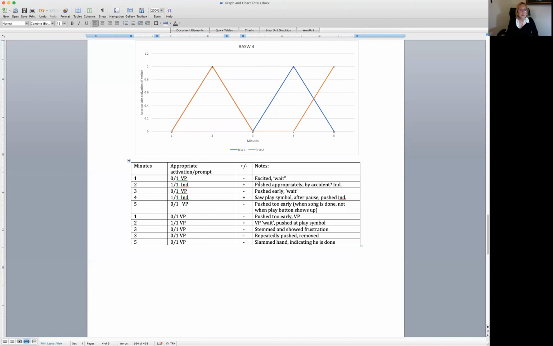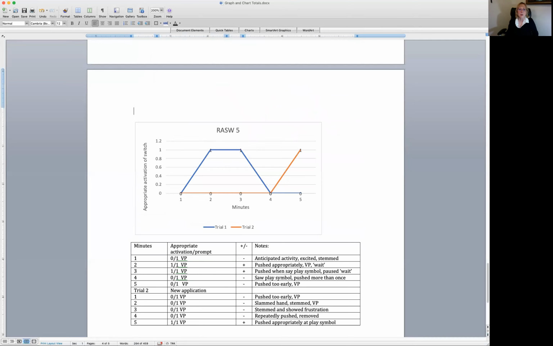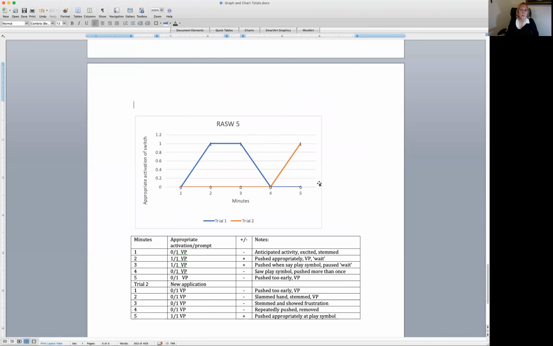And then the next time we had two different sets of trials with a break in between, because we thought, well, maybe he's just getting overwhelmed. We didn't have much success after the break, but we thought we needed a trial to see if he needed to have some independent play in the middle, and it didn't work. So the next one is